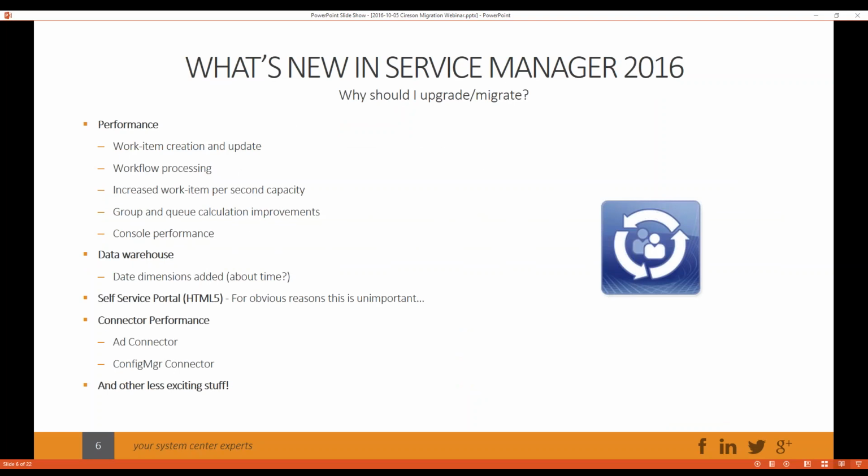There's a lot of things going on behind the scenes here to bring a lot of changes to Service Manager. From the end user perspective and really from a basic administrator's perspective, you're not going to see a lot visually, but you'll see it more in terms of performance. So talking about performance, work item creation and update has been improved dramatically. The speed at which a work item can be updated and saved, or created and saved, has seen some